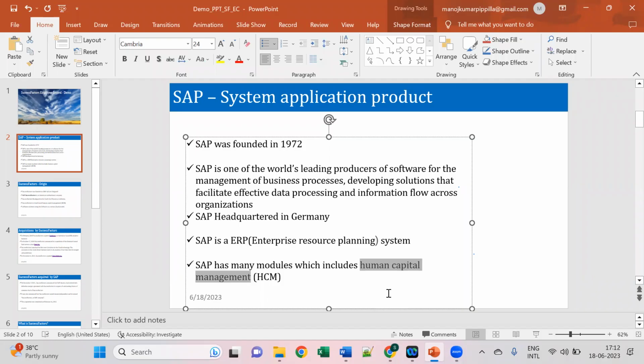So SAP selected the second option: we go for an application which is already existing in the market, acquire them and sustain in the market. Because if they started building that application from scratch, it might take at least 3 to 4 years to build it properly, and they were not sure whether it would succeed or not, because with a new application there may sometimes be failures. So due to all these reasons, SAP found an already established company on the cloud platform, and that company is nothing but Success Factors.